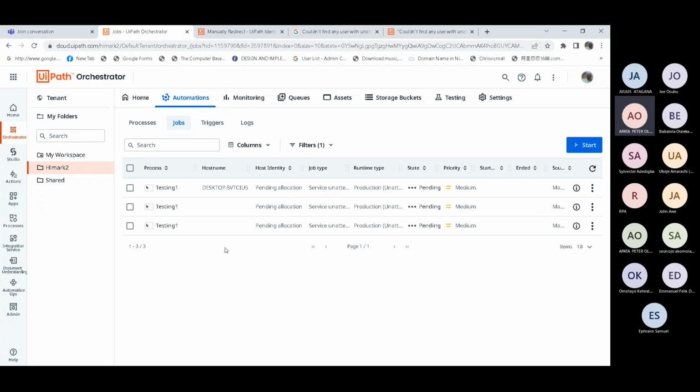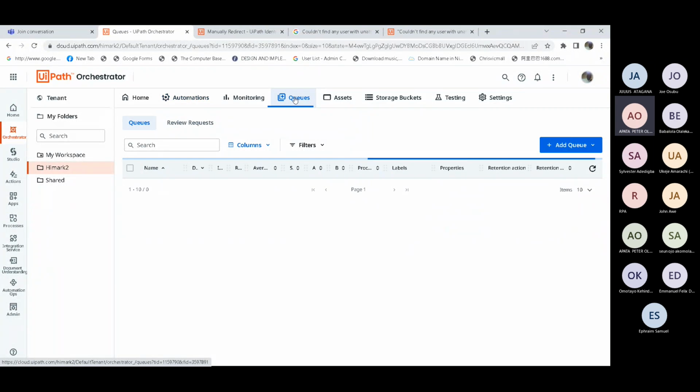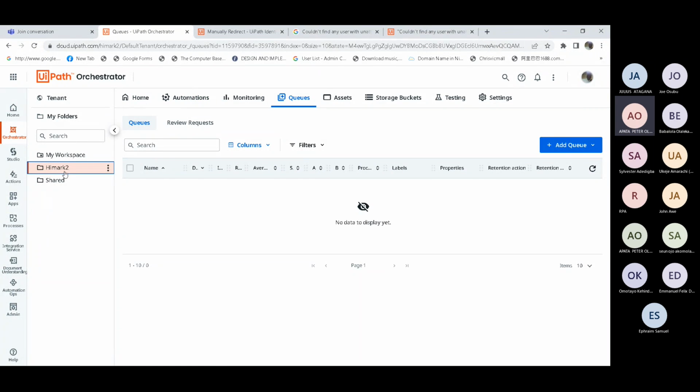Okay, so the next is we are looking at queue right now. I was talking about the queue being like a storage that could hold data. Each of these data types could do anything. We talked about boolean, text, which could hold strings, and number, which could hold numbers.